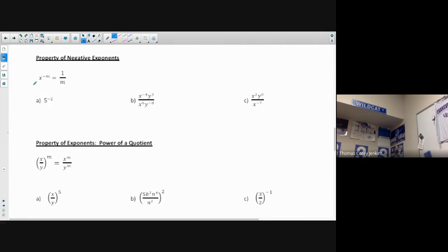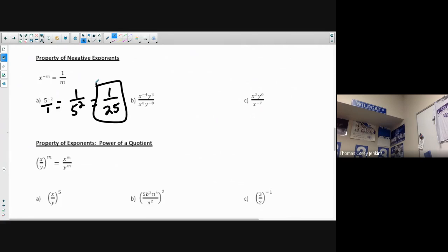When I teach this to middle schoolers, when I taught 7th and 8th grade, we'd say, if you have a negative attitude, then your mom would send you downstairs to get rid of that negative, right? So just think reciprocal when you have a negative exponent. All right, so 5 to the power of negative 2 over 1 is equal to 1 over 5 to the positive 2. And then just simplify that